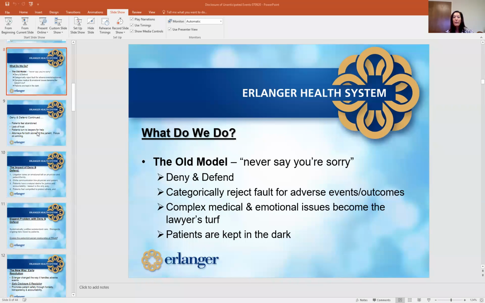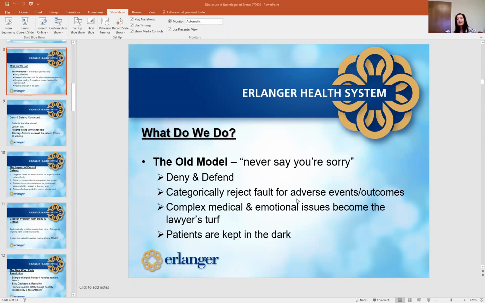When something bad happens, we don't talk to people about it. We certainly don't talk to the patient about how it happened, etc. And then we're going to defend that, right? So we're going to defend that case. So almost every adverse situation was postured for a lawsuit coming down the pipe, right? And that was the mode of our thinking. When I say you would never say you're sorry, that guidance was even coming out from the malpractice insurance groups that insured our physicians and our hospitals and health systems and providers.